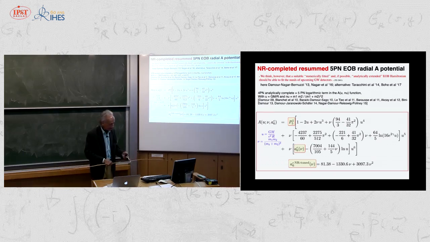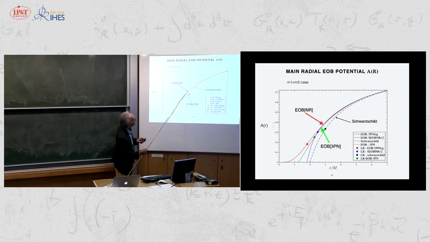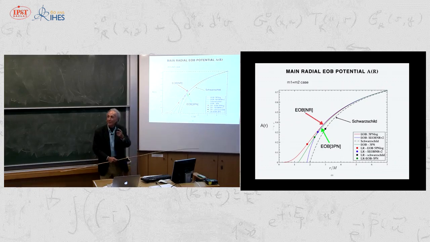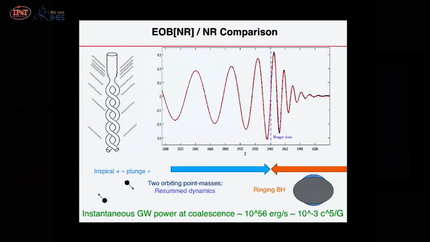you put them in the analytical framework. I will describe later that actually the analytical description was already very close. This is the best numerical relativity fitted value of the A function, and actually it was very close to what was analytically computed. So maybe we were lucky in the sense that we could have been wrong, but we were very close to